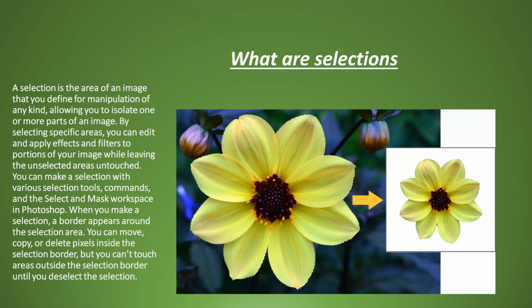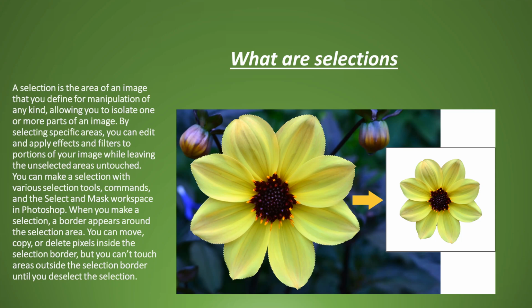So in this case, if I have to remove only the flower, if you see the flower is in the plant, okay, so I cannot just like that move the flower from that. So I have to select it. So if you see, there are different shapes in a petal. It is not one single shape in a petal. So I have to use a tool which will select all the petals, okay, in a precise way, so that I can isolate the flower from the background.